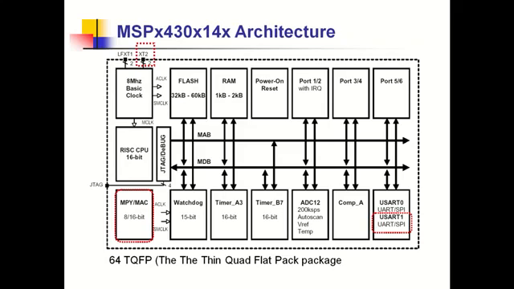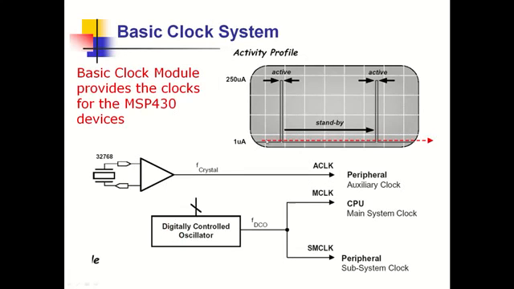So before we go for the tools which are meant for writing the programs of MSP430 microcontroller, first beginning of any program is selection of the oscillator. So the master oscillator, main system oscillator, which is meant for the CPU, one has to choose first. So that oscillator, either it must be coming from the low frequency crystal oscillator, as can be seen 32.768 kilohertz, act as an auxiliary clock or a peripheral clock.